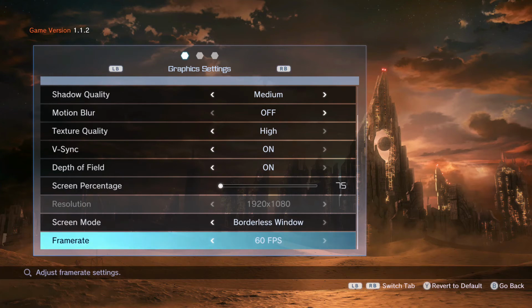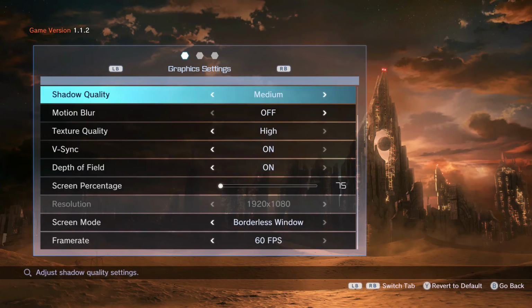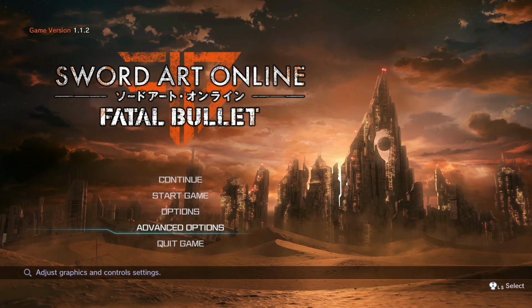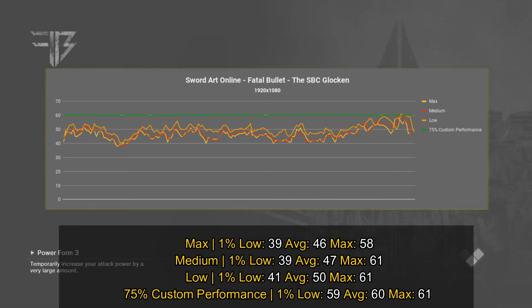You might notice that I'm using 75% resolution scaling, which means that I'm not running the game at native 1080p, but at something like 800p. And you might think, oh no, 800p, that's below 900p, right? Yes, it's below 900p, but I will show you why I'm using 800p instead of just using low settings. The problem is this game, regarding performance, playing at maximum settings, medium settings, or low settings